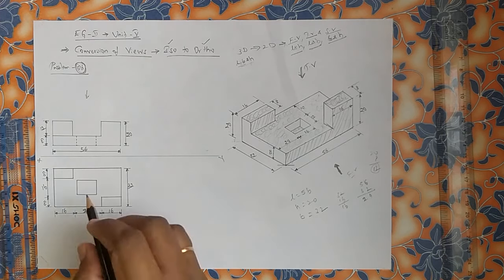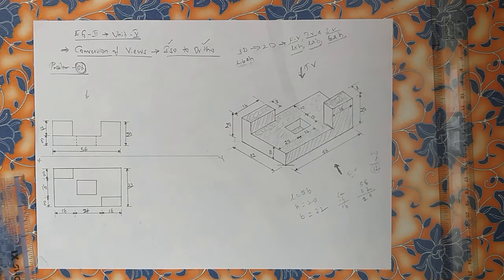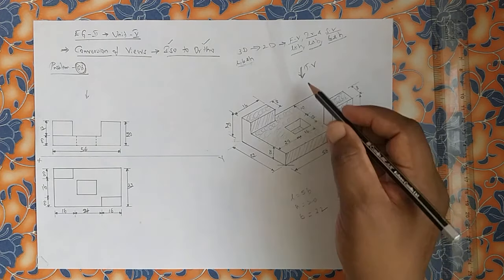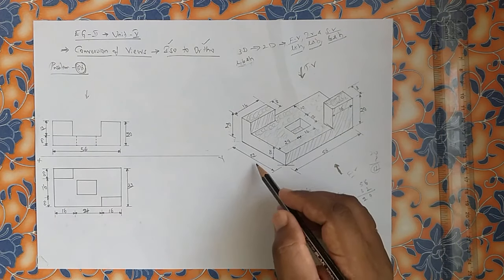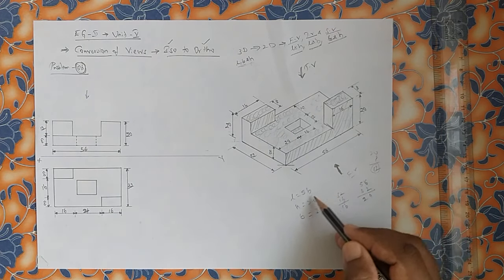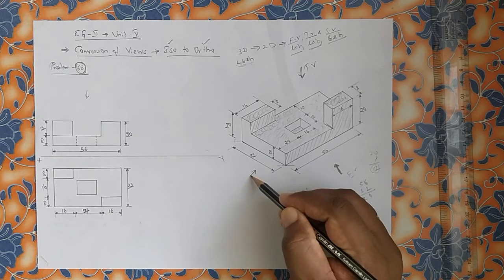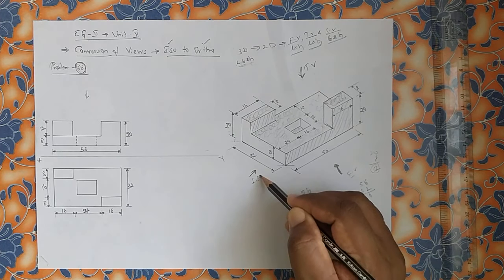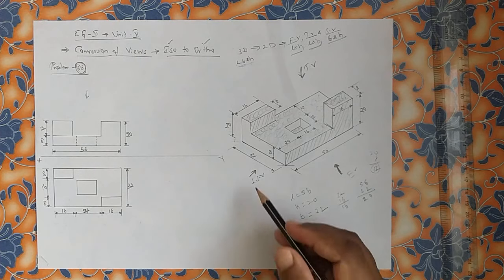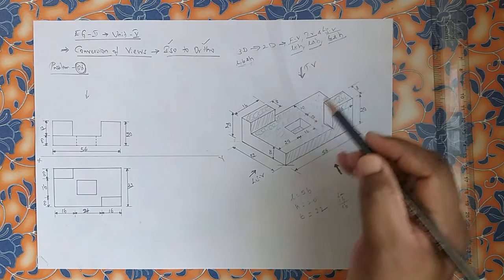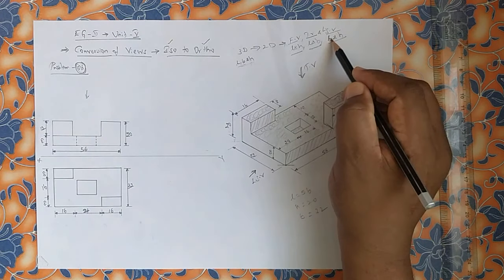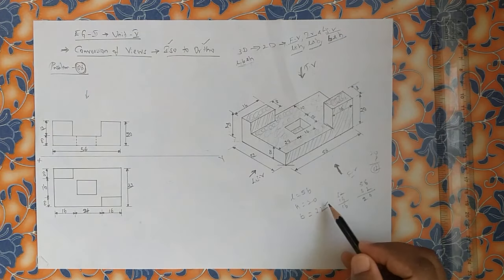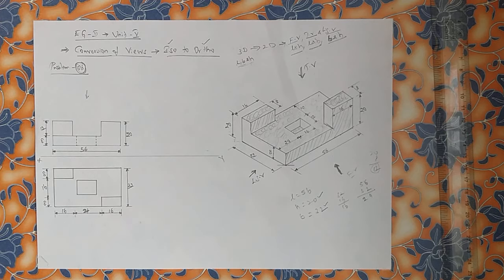If you want to show inside hole, now I'll show you how to show the dimension. See, we have covered front view, top view. Next one is side view. Side view preferably it will be from here coming to the left side, and from here we are looking left side view. Left side view we are drawing. We are supposed to cover breadth and height. Breadth of 32, height of 20.